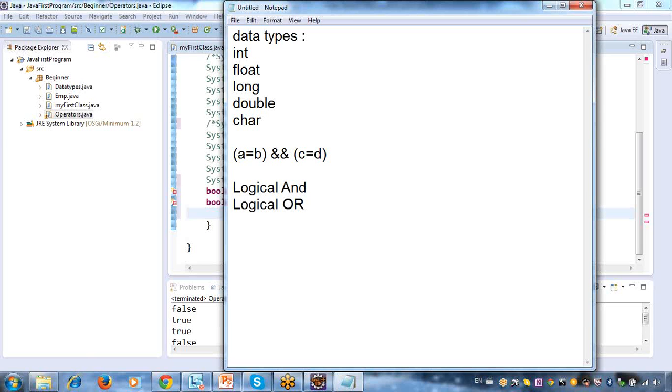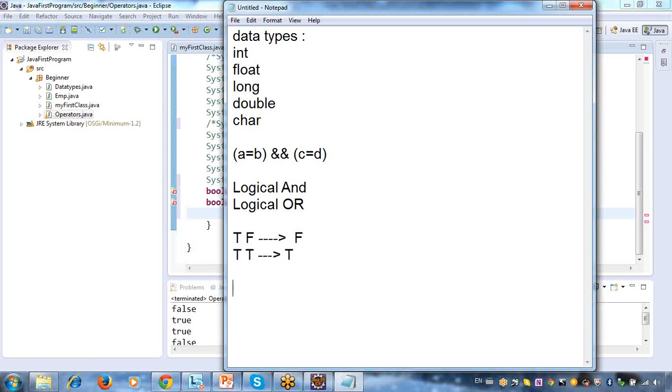So here, logical AND means, I'm having true and another condition is false. When you're doing your AND operation, both should be true, then only your output is true. So if any of the condition is false, then your output will be false only. If both are true, then only my AND condition will be true.